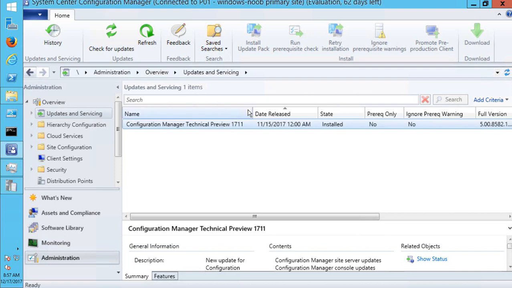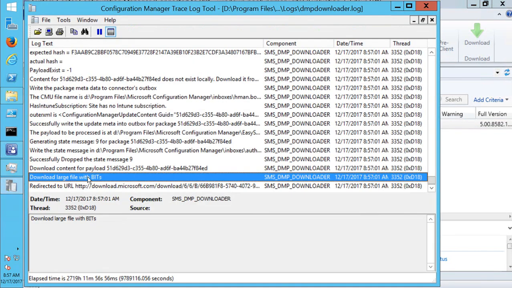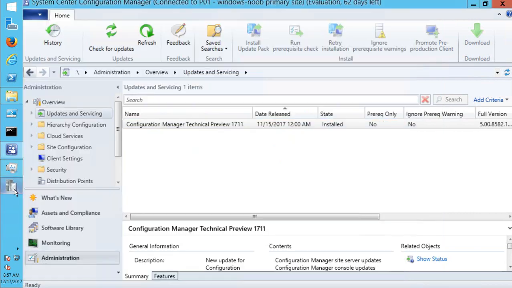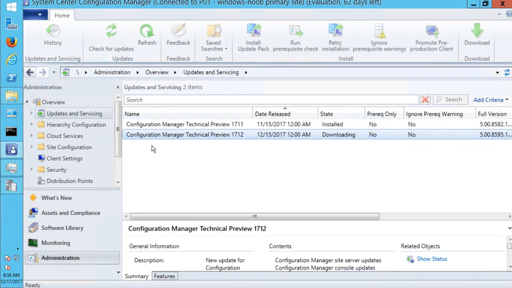And strangely, in this release, maybe it's a bug with Technical Preview 1711 or 1712, I don't know. I really don't know. But this is the first time I noticed this, that when it downloads this release, it actually just goes and downloads it again. So now we can see that the state is downloading,